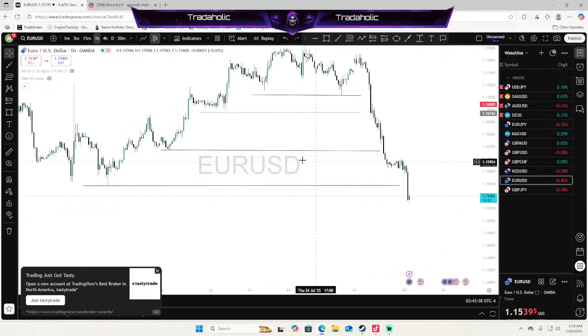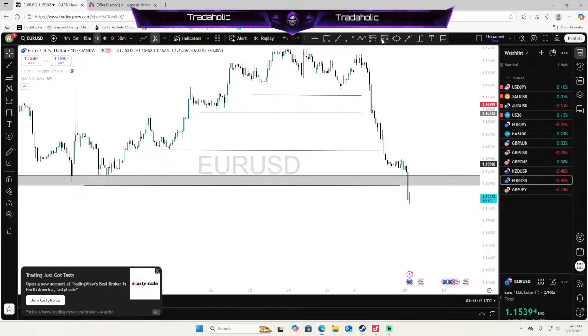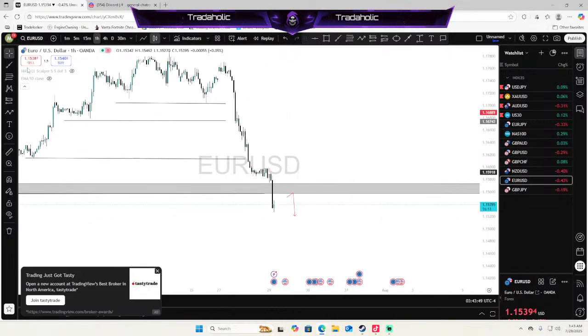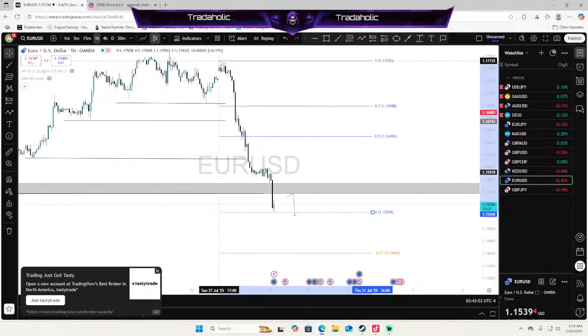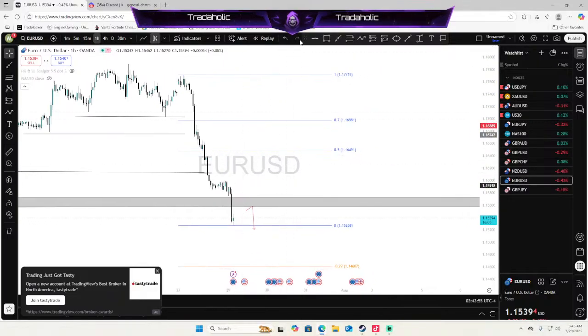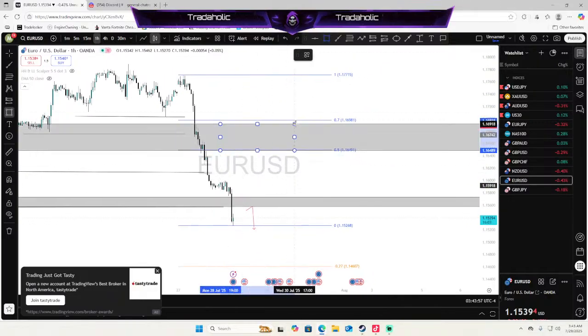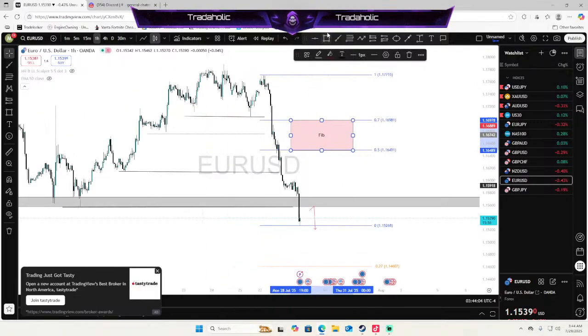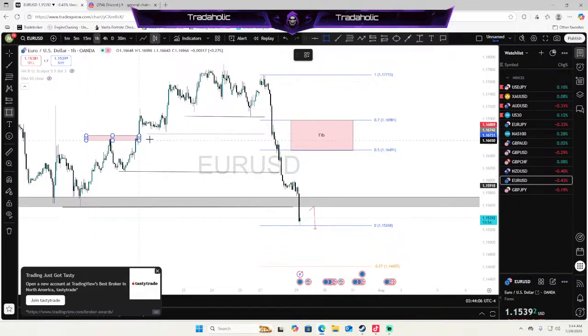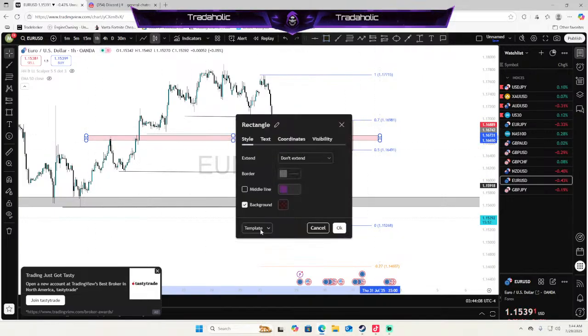Looking at our levels, we have a support level down here that we're breaking below. You could trade a break and retest at this area. If this retest fails and price gives you a deeper pullback, you could trade off a fib level retracement based off the market pushing from this highest point to this lowest point, and then look to trade off of this fib level. So we could do a bearish fib right over here, or you can look at it like a break and retest at this area.